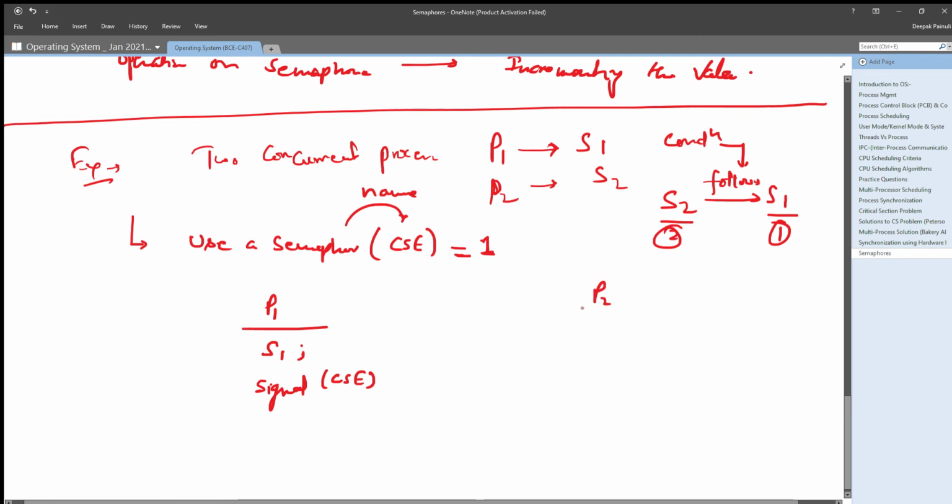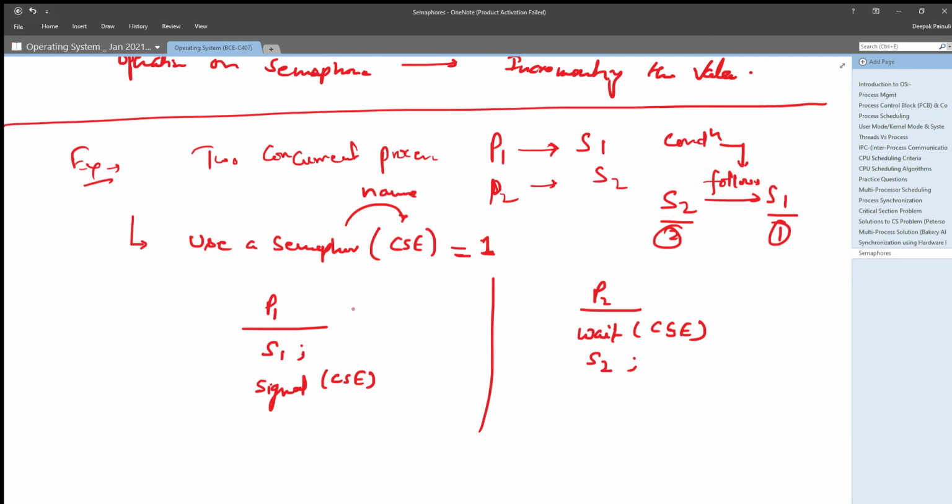And in P2 we will simply perform wait on the semaphore CSE. P2 will perform wait first on semaphore CSE, and then execute statement number 2 of that particular process. So this will be the code we can use for providing synchronization between P1 and P2,